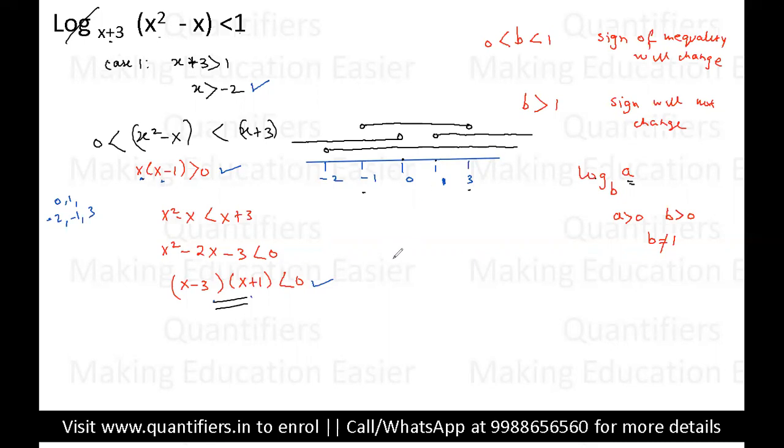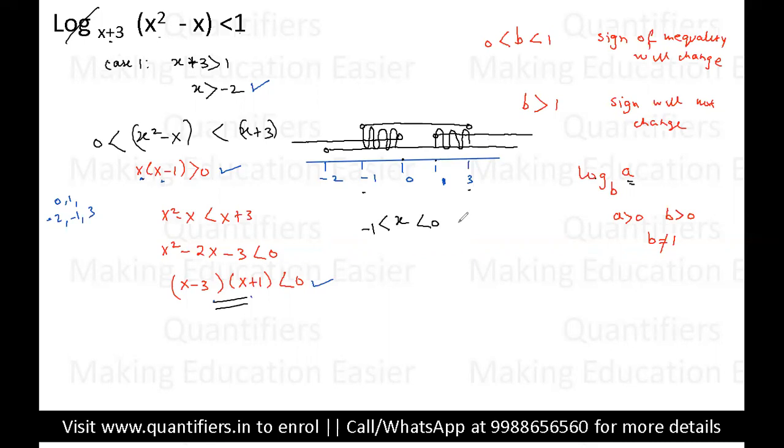Now students, we have to look for the common region. If you see the common region, can I say this will be the common region? Right students, this thing is common to all three. And from here also we are getting this region to be common. So now from here what are we getting? That x will lie from -1 to 0. x is greater than -1, x is less than 0. Right? I hope this point is clear to everyone.